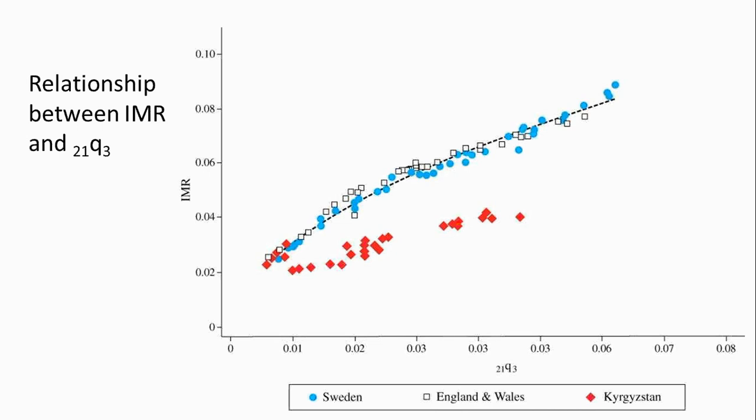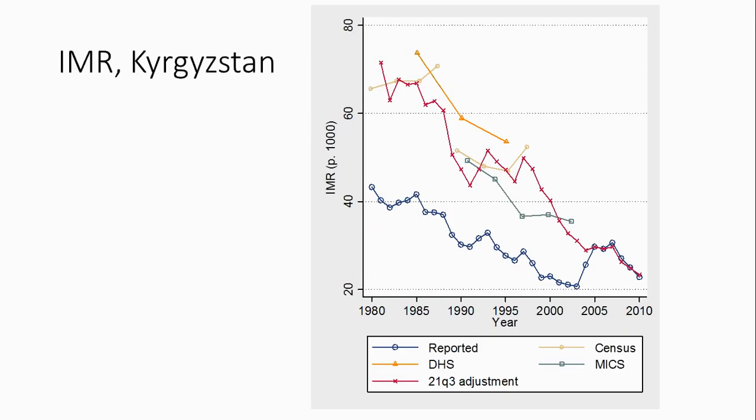This is not a new approach. Versions of it have been used before. There's a paper by Kincaid and Arriaga in 1987 that did a similar correction, though they used mortality between 4 and 10 months as an anchor. Here we're using a bigger age range, so we're using more information for the prediction.